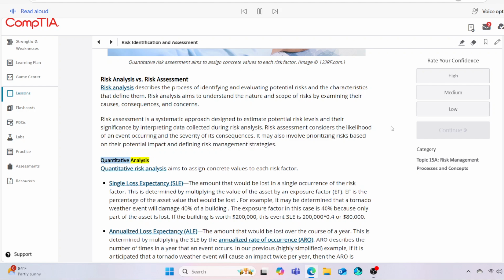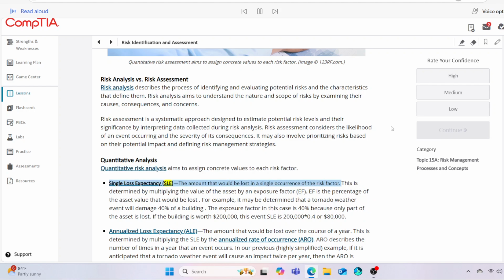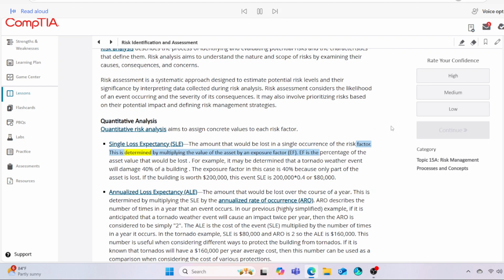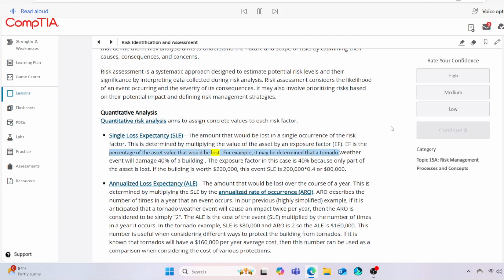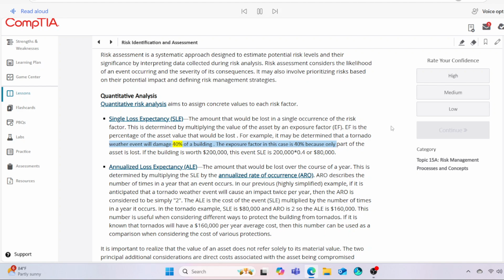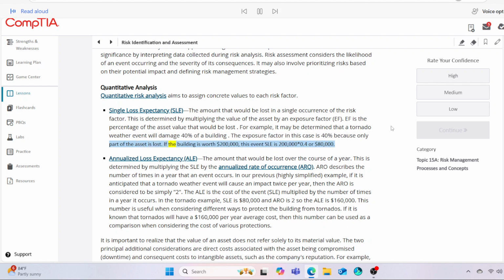Quantitative analysis. Quantitative risk analysis aims to assign concrete values to each risk factor. Single loss expectancy, SLE, the amount that would be lost in a single occurrence of the risk factor. This is determined by multiplying the value of the asset by an exposure factor, EF. EF is the percentage of the asset value that would be lost. For example, it may be determined that a tornado weather event will damage 40% of a building. The exposure factor in this case is 40% because only part of the asset is lost. If the building is worth $200,000, this event SLE is